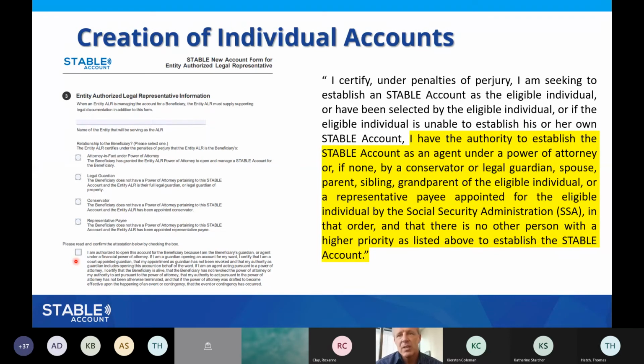I do realize in the highlighted list I mentioned spouse or parent or sibling or grandparent. Well, for you as an organization, those designations aren't going to apply. But what you need to know is if the individual that you're managing happens to have a spouse or parents or siblings or grandparents, then in a technical sense, what the IRS is saying is you need to make sure with all of those groups that none of them have the willingness or capacity to want to manage this account instead. And then if not, you're fine to do it.